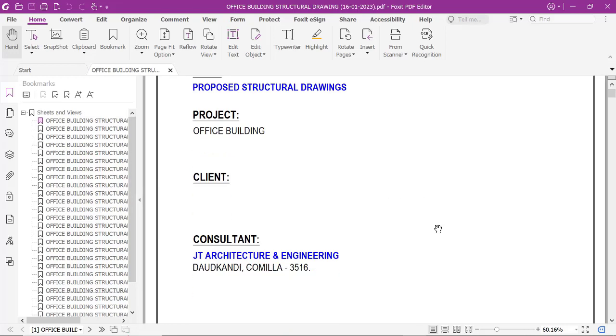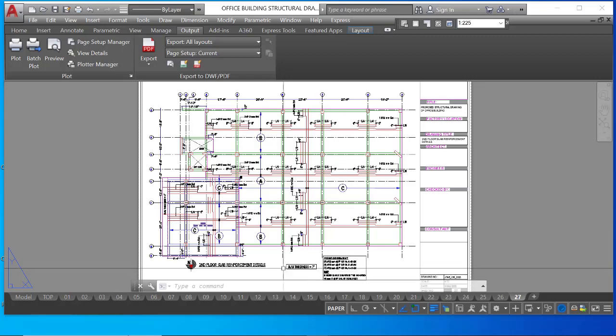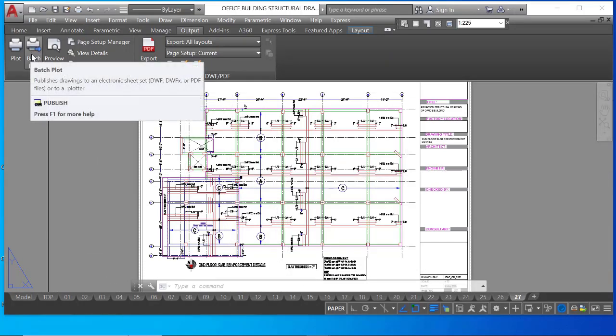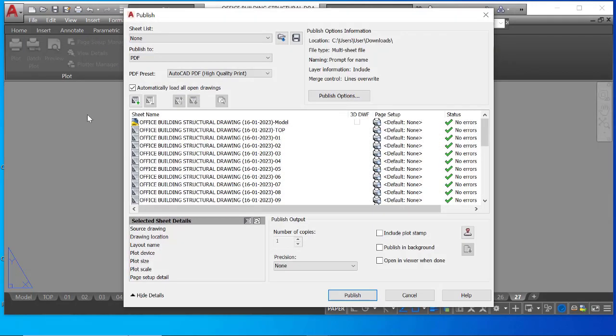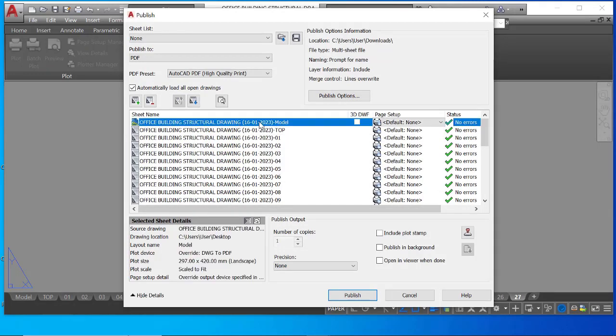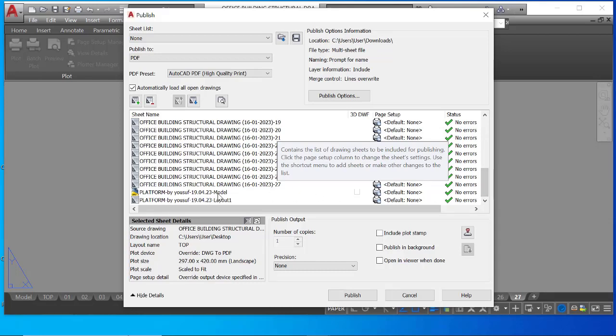Now we will use another way of making a merged PDF file of several layout pages. Go to Batch Plot, delete the AutoCAD file, only select all layout pages and the other files will be deleted.